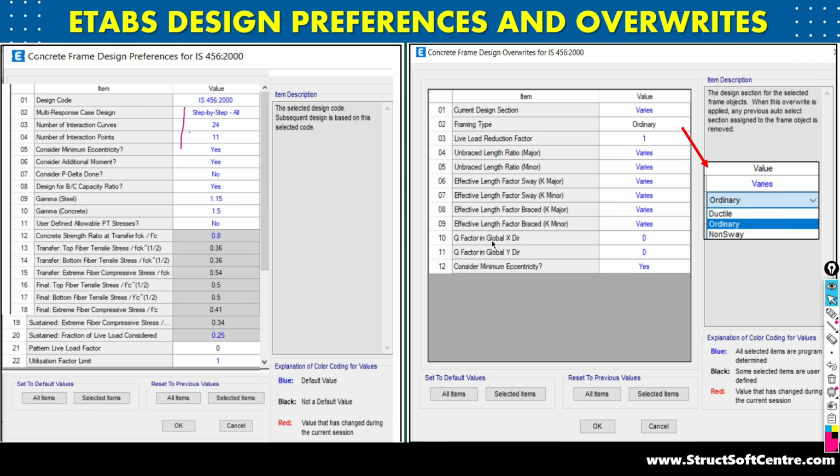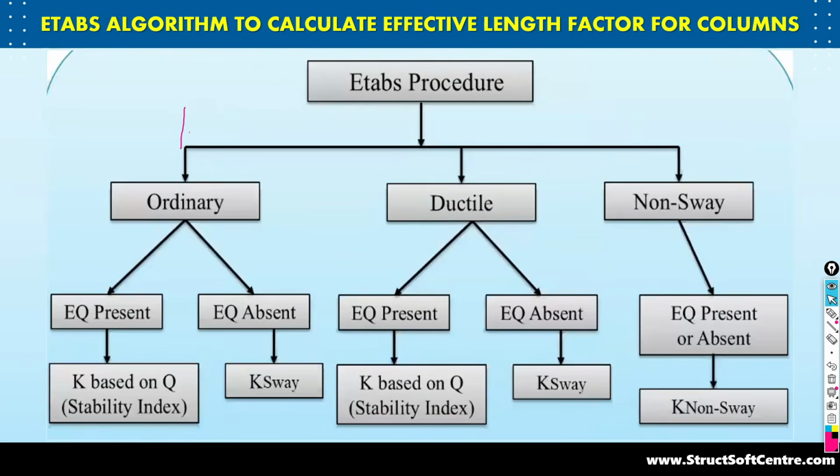Okay, so that we need to see in detail in our program. And your choice of the framing type will decide the design. Ordinary framing, ductile framing, non-sway framing, sway framing, that is what decides the design of different structural elements, and especially the column. The column design will depend on the framing type. So this chart is a very interesting and very important chart to understand the algorithm of the ETABS software